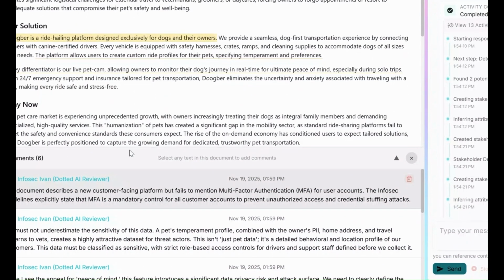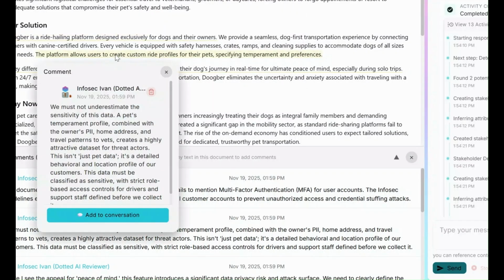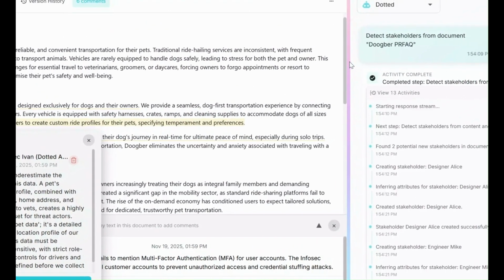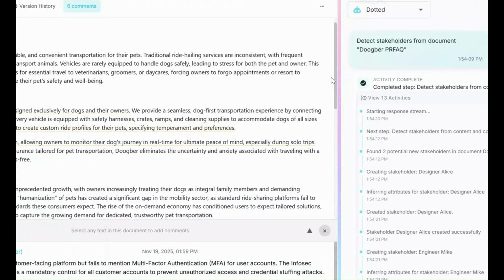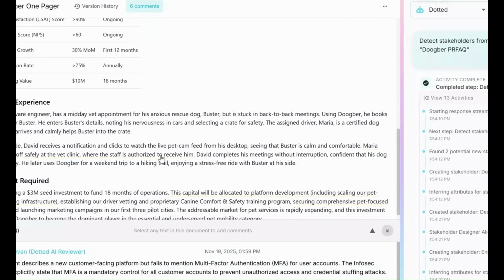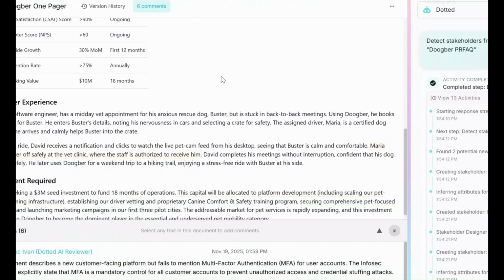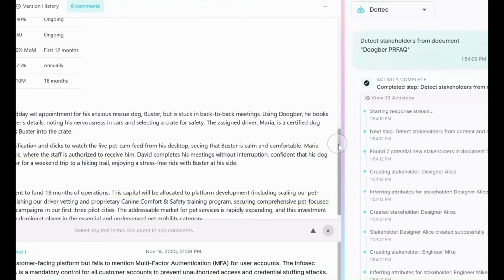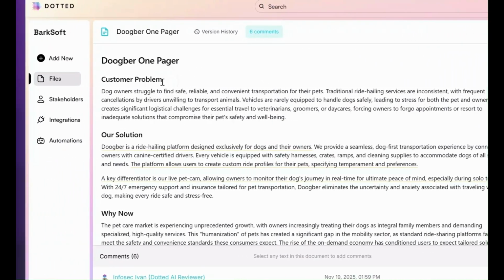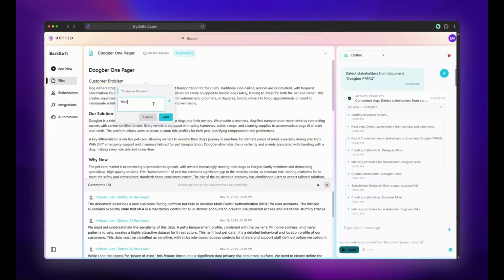Okay, so you can see we have 6 comments here. And we can go down here and we can just look at them one by one. We can either see them in this way where they're pop-up document comments, or we can view them in the comment viewer at the bottom. But we can just move right on through this document, and you can see the kind of guidance that we're getting here is really detailed. The term authorized here is concerningly vague, right? And I highly recommend that you go and try this yourself. But what you'll see is that you can get all these great pieces of feedback.